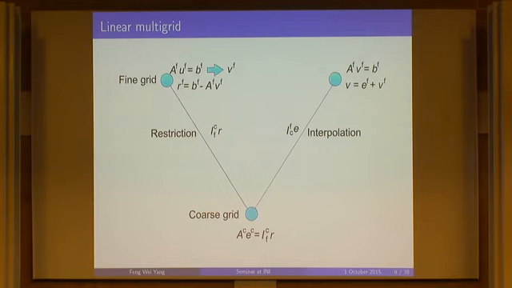Some, which you will probably see later on, is called a cell-centered grid, where no corresponding points exist between the consecutive grids, and something has to be done about that. But you can take an average between the surrounding points. That's called full weighting. Anyhow, that is a way to do it, and you get the solution on the coarse grid, which is the restricted